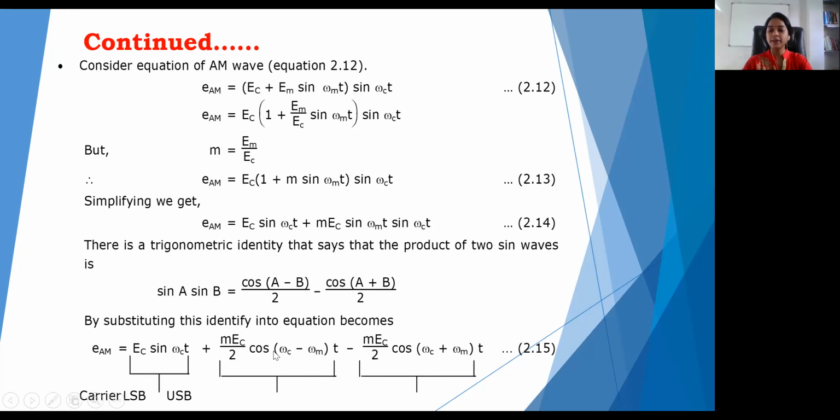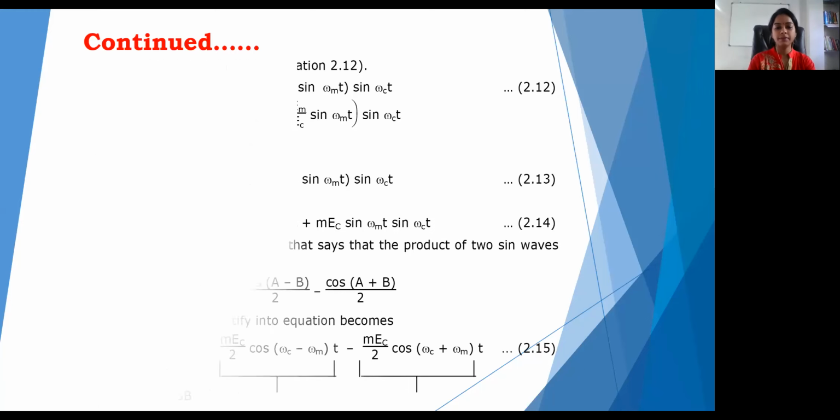So what does this represent? In the final amplitude modulated frequency spectrum formula, you will have first the carrier, then the lower sideband and the upper sideband. Here we have the sidebands. Two frequencies are there, and we have the lower sideband and upper sideband for each frequency term. Is it understood to you? Lower and upper sidebands for each frequency we have. So this will look like, we will have it in the next slide.